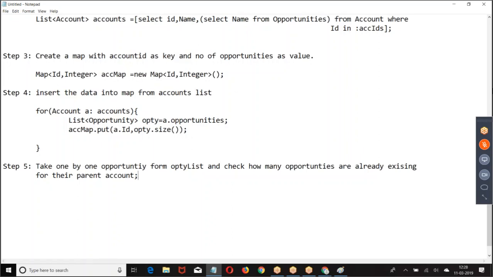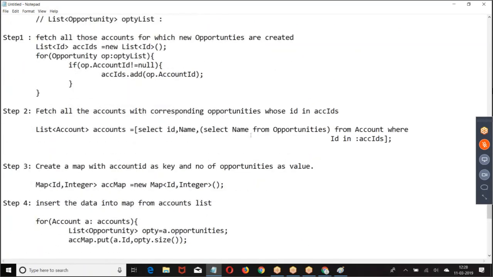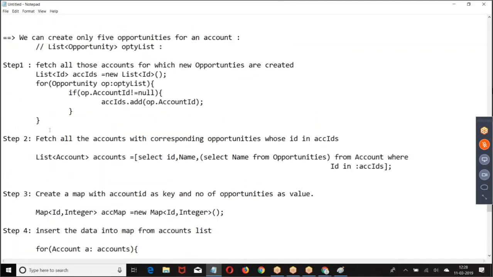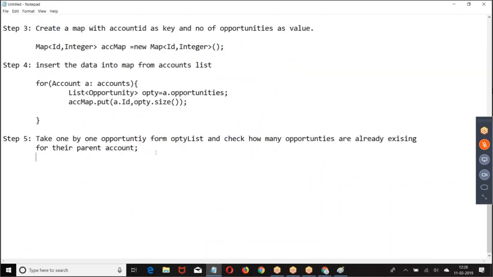Take one by one opportunity. What is the list of opportunities we inserted here? These are the list of opportunities. Take one by one opportunity from the opti list and check how many opportunities are existing for their parent account.